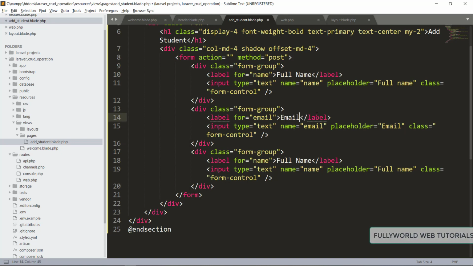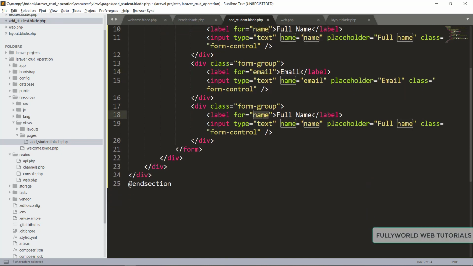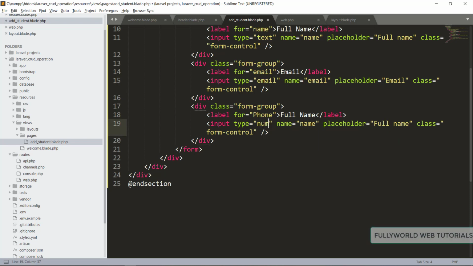And this one is for our phone number, so phone, and here the type will be number, and here we want contact number, and its name will be phone.